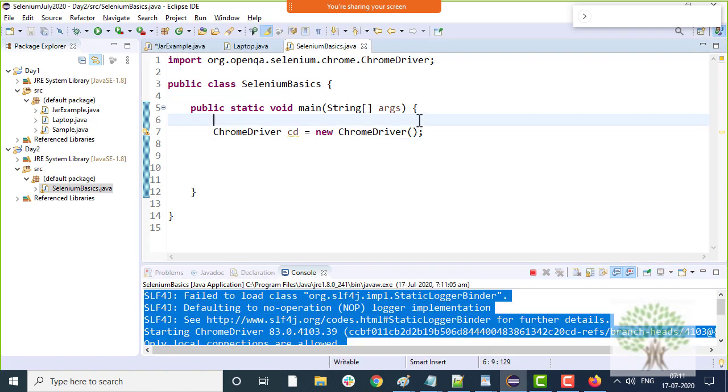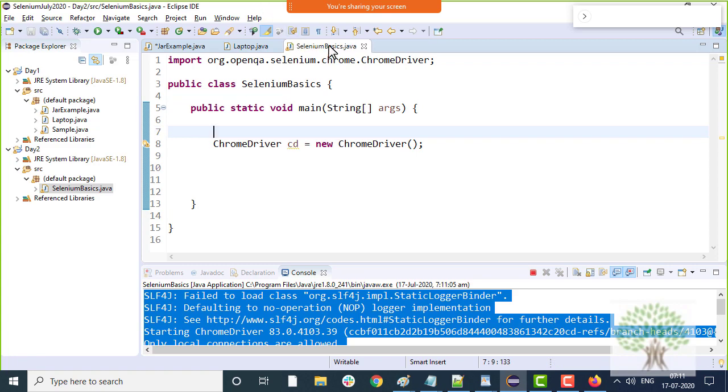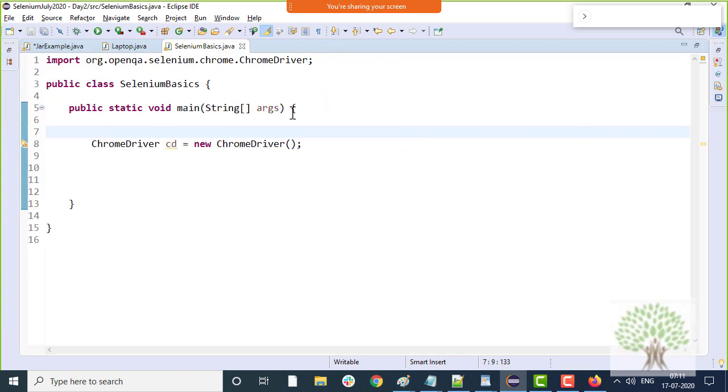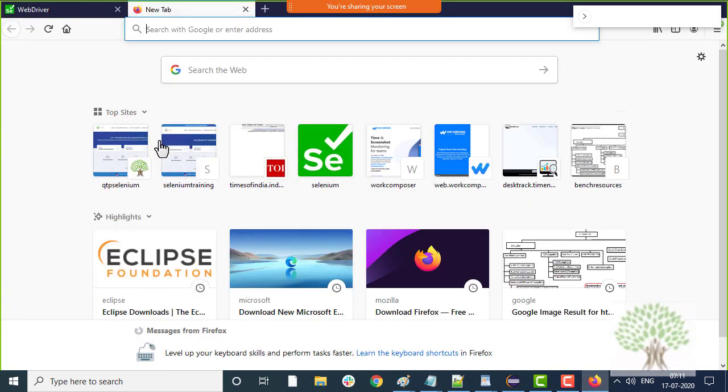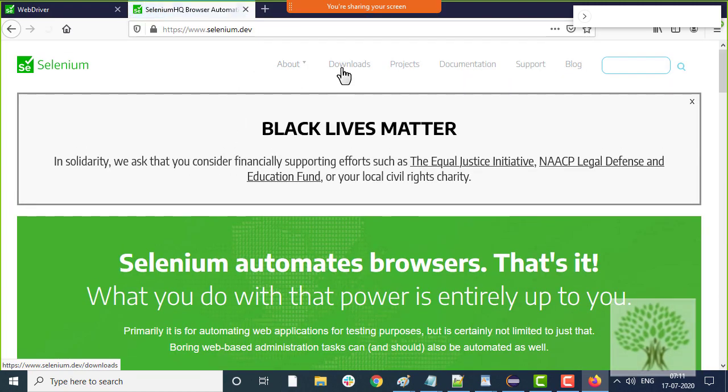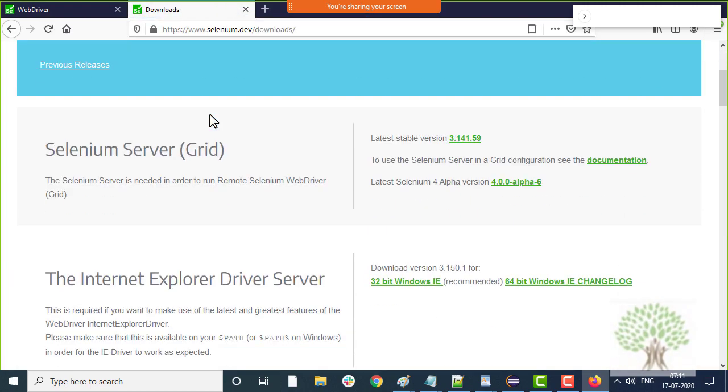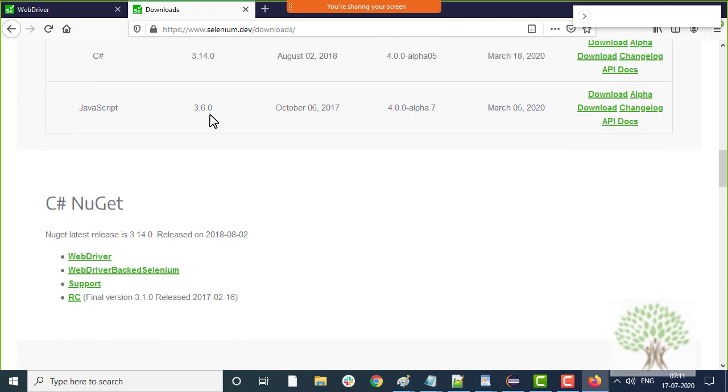Look, to automate every browser, the browser provider has given a few driver classes, or driver exes. You have to download those. For example, if you go to selenium.dev again, go to the download section, and over here if you scroll down,